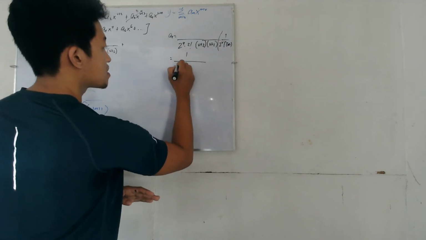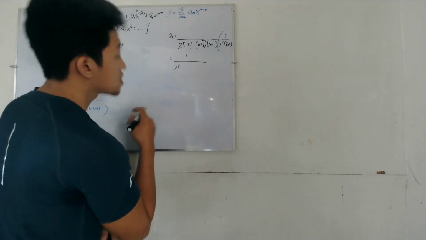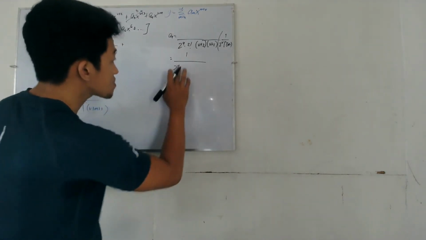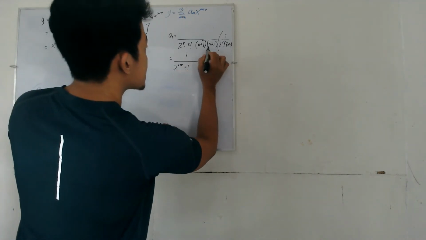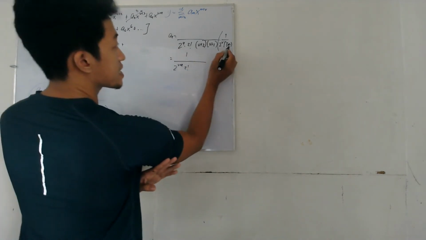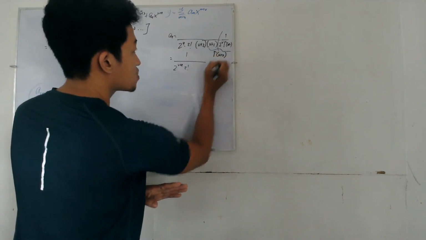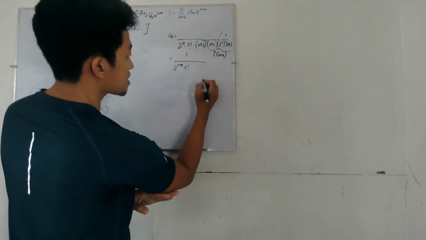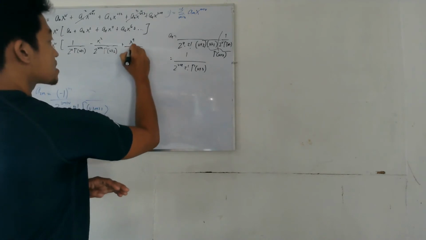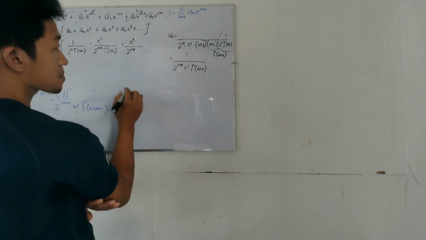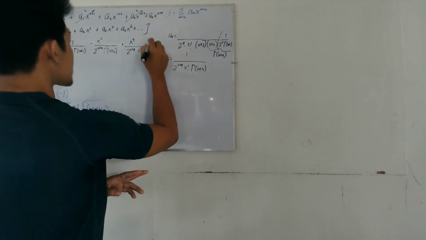You have 1 over b plus 4, 2 factorial, and then kani, we know that ang kani b plus 1 gamma b plus 1 is gamma b plus 2, but then again multiplyan pa nimo og b plus 2, diri may mo ning gamma b plus 3, so may mo ning x to the 4th over 2^(b+4) times 2 factorial gamma b plus 3, minus